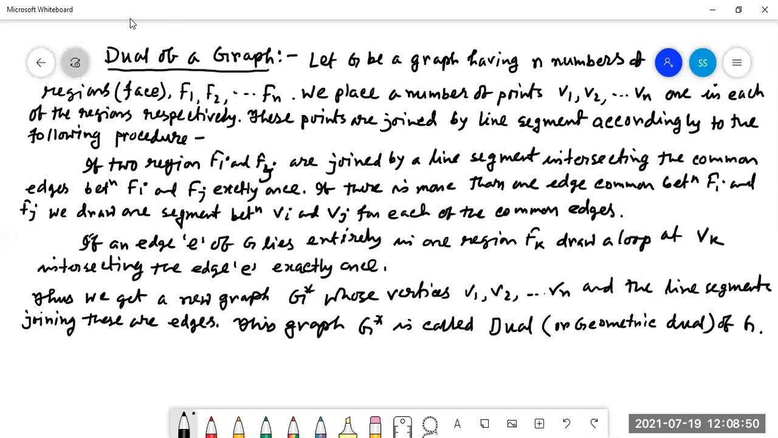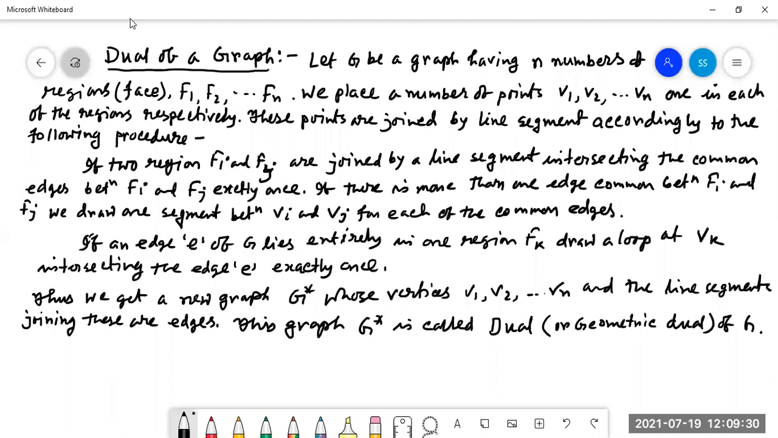Look at here. Let G be a graph having n number of regions, that is n number of faces. Already we know what a face of a graph is. We place a number of points V1, V2, Vn, one in each of the regions respectively. In each and every region, we are putting one vertex. These points are joined by line segments according to the following procedure. What is the following procedure? If two regions Fi and Fj are joined by a line segment intersecting the common edge between Fi and Fj